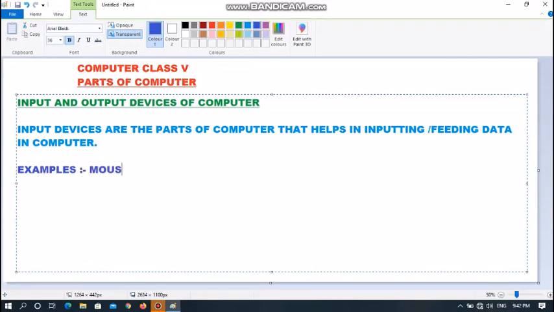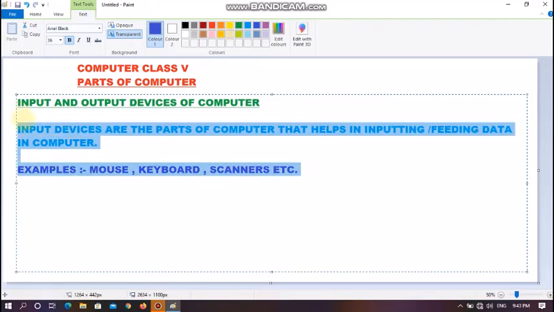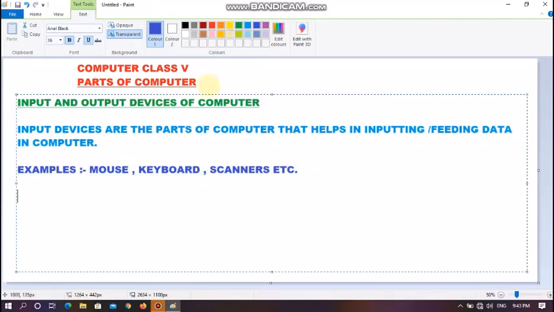Examples: mouse, keyboard, scanners, etc. In the similar way, I can continue giving notes to my student during my online class as well as I can make the student understand also. So this particular way